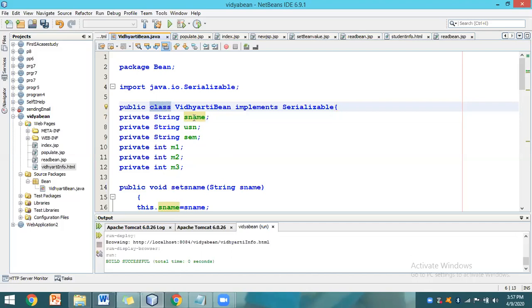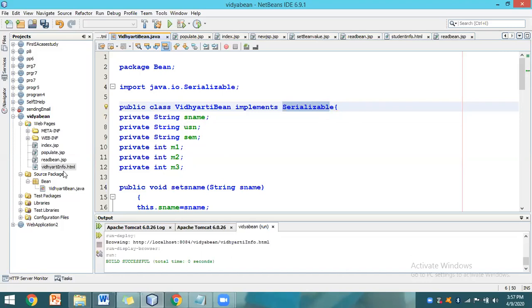Once control transfers from the class scope to another scope, the variable value doesn't exist. To persist it for permanent storage, you need to implement Serializable. Serializable allows you to store the value for later access.